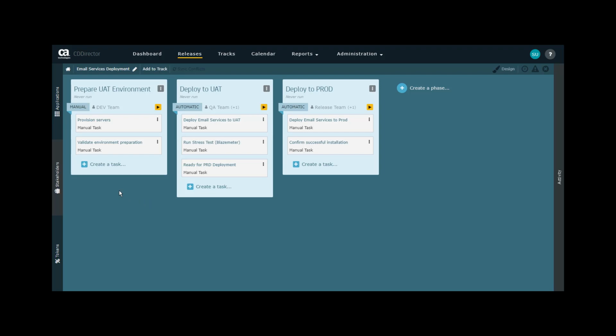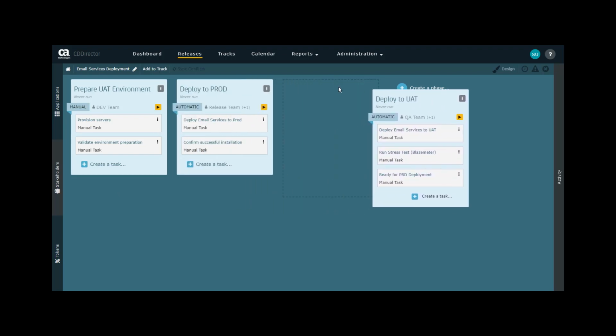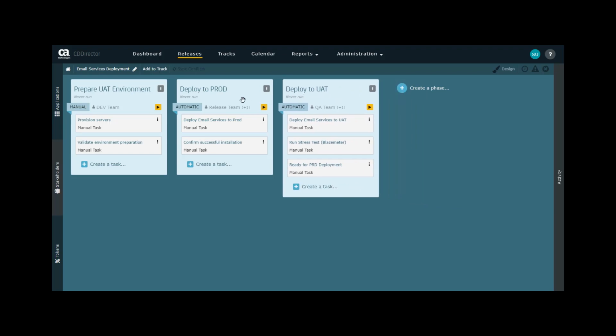In my case, I've got the first phase being preparing the UAT environment with a couple of tasks already defined, then deploying the email services into the UAT environment. And then finally, once we've achieved that and everything is set to go, then we will deploy into the production environment. Keep in mind that as you build a release, all of these can be moved around. For example, I could move these from one side to the other, and so sequence is always going to be serial in this respect,